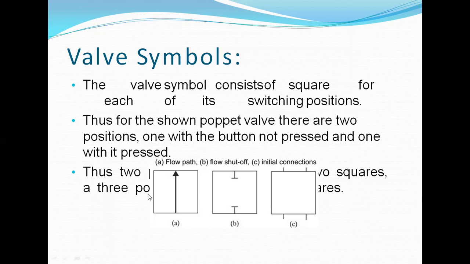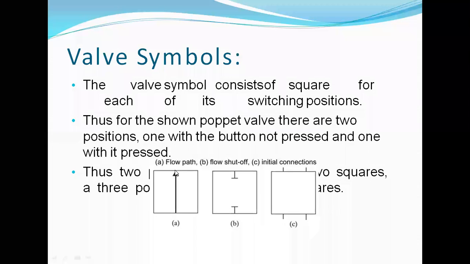So here it specifies this 2 by 1 valve. Here we have two ports, port number 1 as an input and port number 2 as an output. So two ports and the position is only one. And here the diagram also specifies the same, but there is an arrow mark that specifies the flow